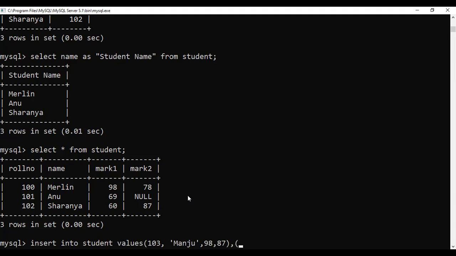I can give another tuple, 104. But for the exam, it is better to write it as a separate insert query. Okay, 104, Sanju.